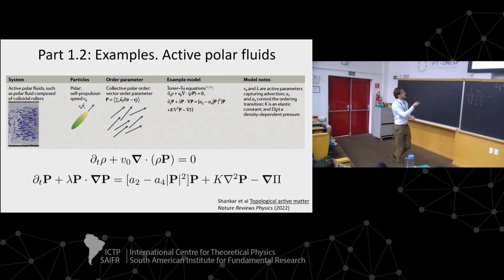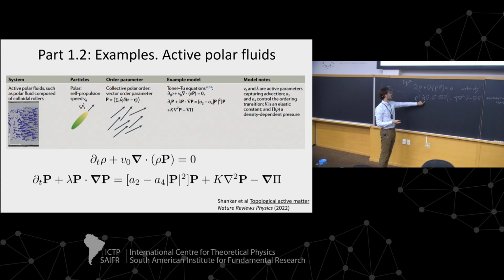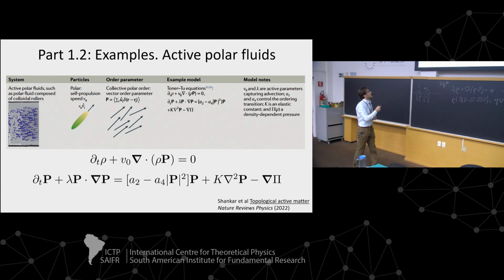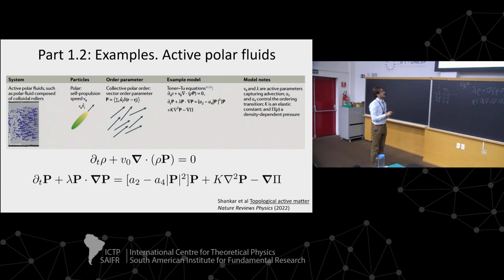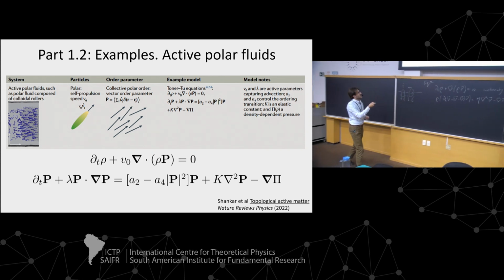But the other terms are perhaps more intuitive, right? This term here in the Navier-Stokes equation is mass times acceleration, right? This is Newton's second law written in this form. And here you have the derivative of velocity. Here you have a derivative of the polarization instead. This second term, right, is also part of the convective derivative in the Navier-Stokes equation,